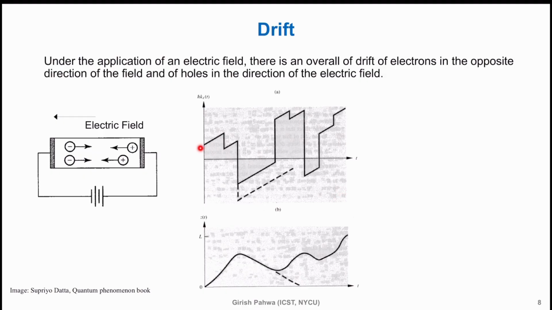And it is not necessarily linear always. If my force is constant, only then it will be linear. dk by dt is equal to some constant, so that will give you linear. Otherwise it won't be linear, it can be non-linear also. And if you plot the distance as a function of time, so overall you will see that yes, my momentum,